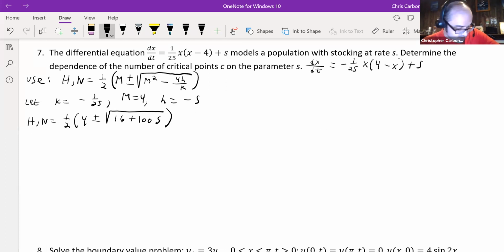But from this, which is based on a quadratic formula, we could pull out a 16 from both of these two terms. So this then makes 1/2 times 4 plus or minus the square root of 16 times 1,